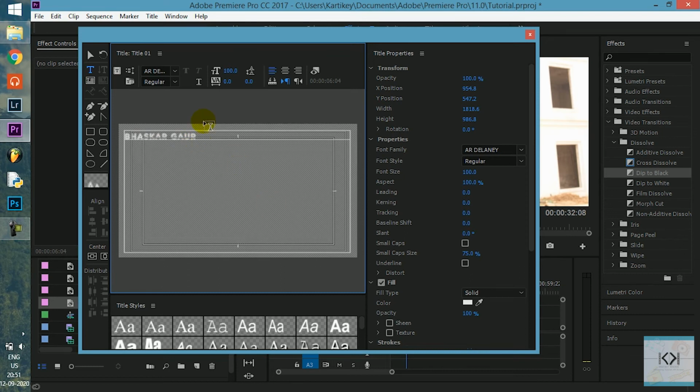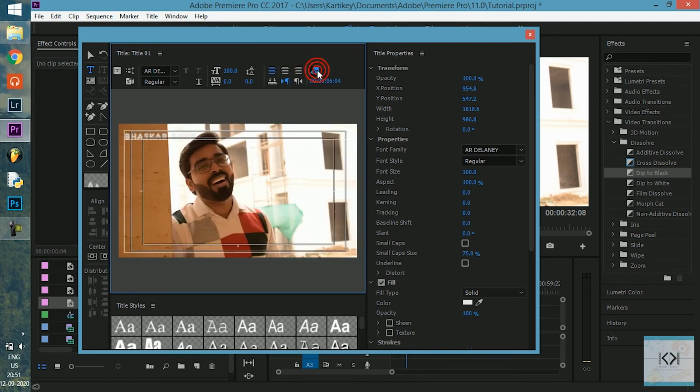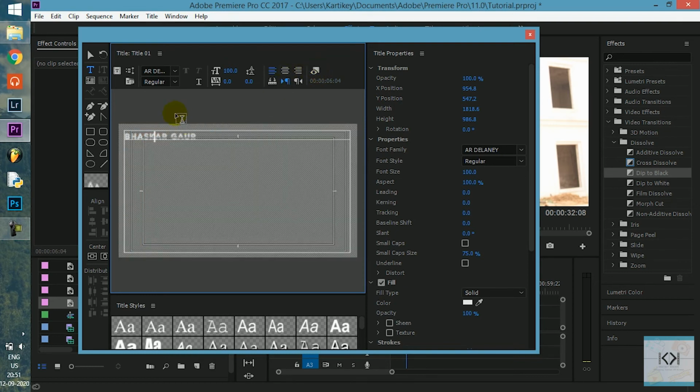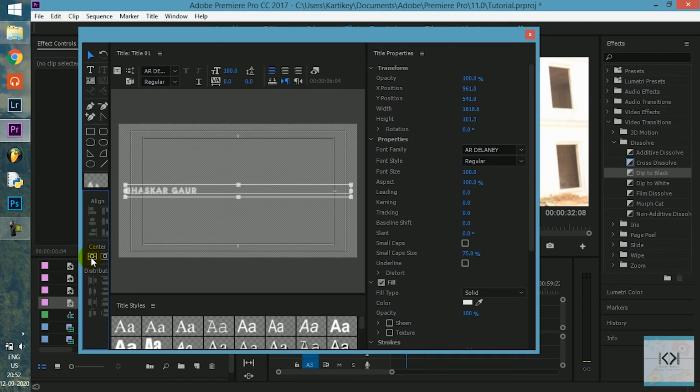Okay, suppose that's all you wanted to type, and it's not coming in the center. As you see, it's coming on the top left corner. For bringing it into the center, we will go to the selection tool. We will reduce its size, or you can keep the size of the square like this at the first place when we created it, and you can center it from here. There are two options: center it vertically and center it horizontally. We will press both. Why it did not come in the center is because there is no space over here, so we can reduce this box size from here.